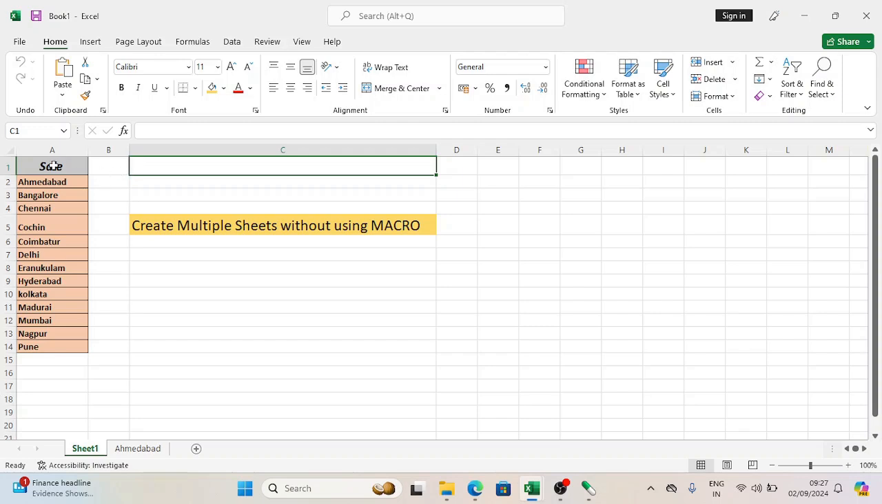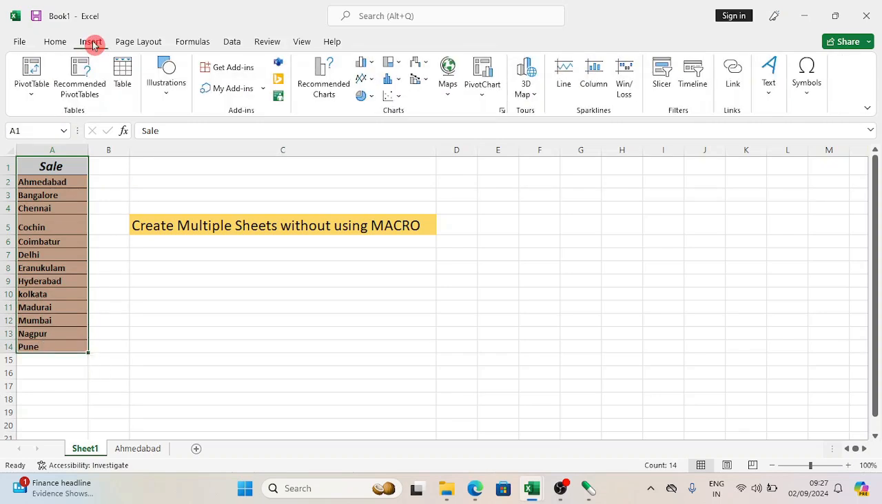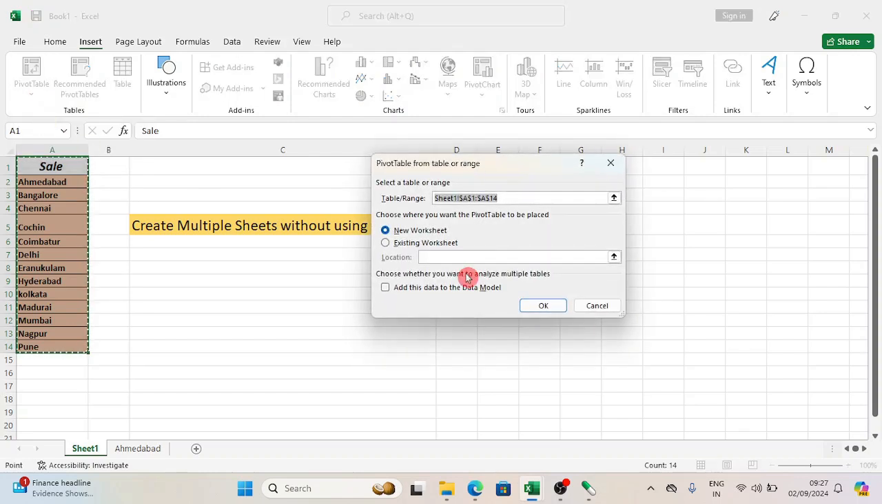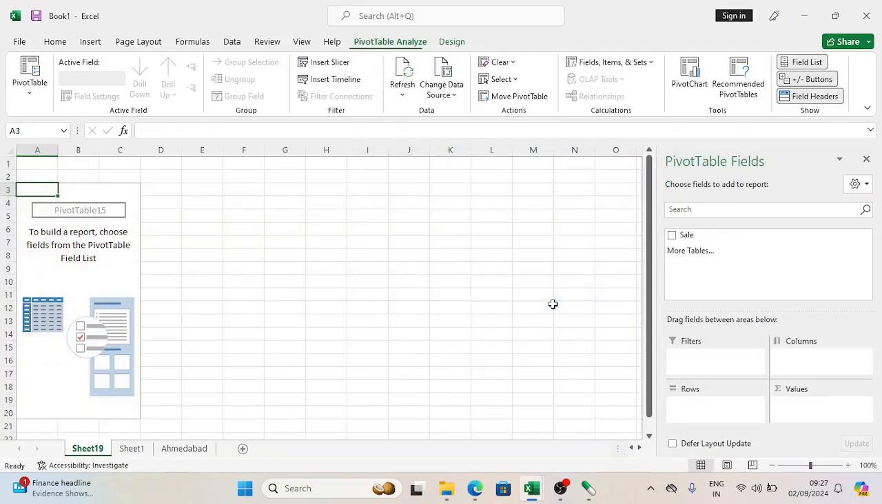So what do we have to do? We have to select the data, insert, pivot table, in a new worksheet, and click OK. It will create a blank pivot. I will drag the column name into filters,